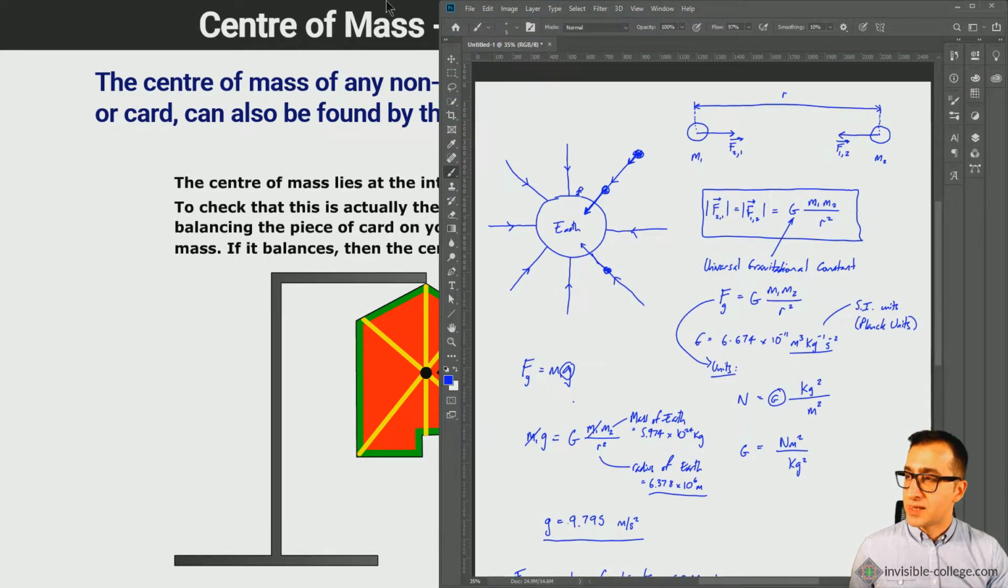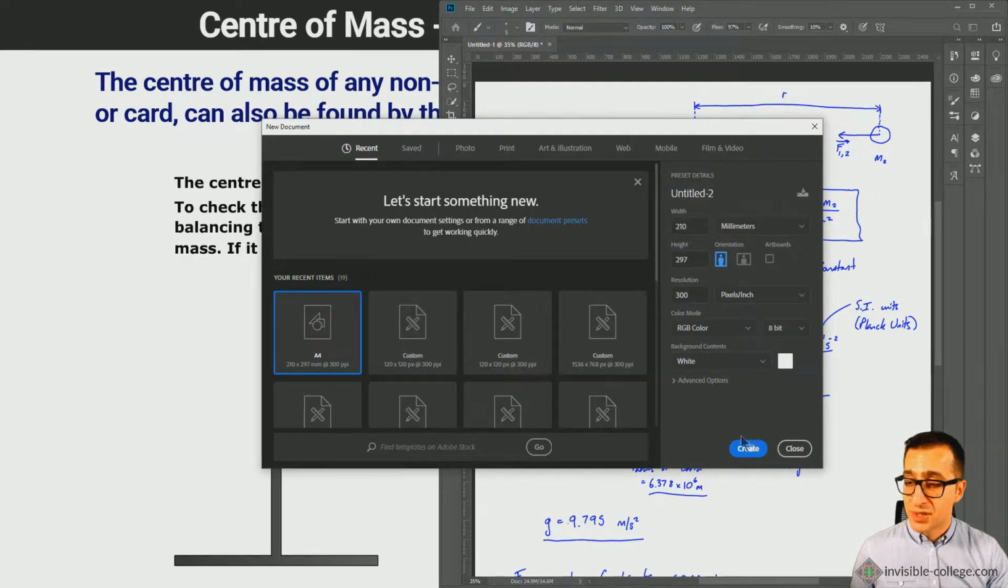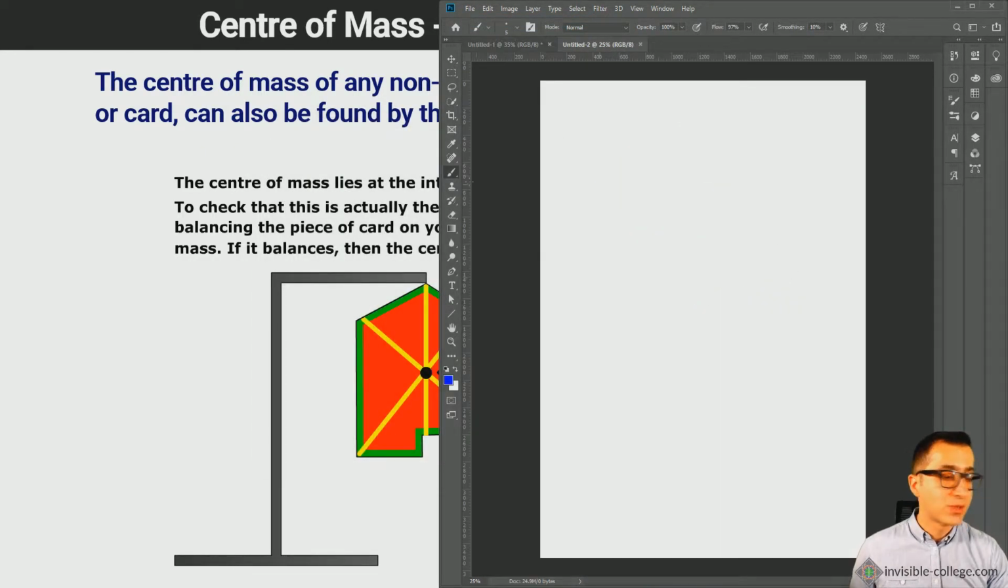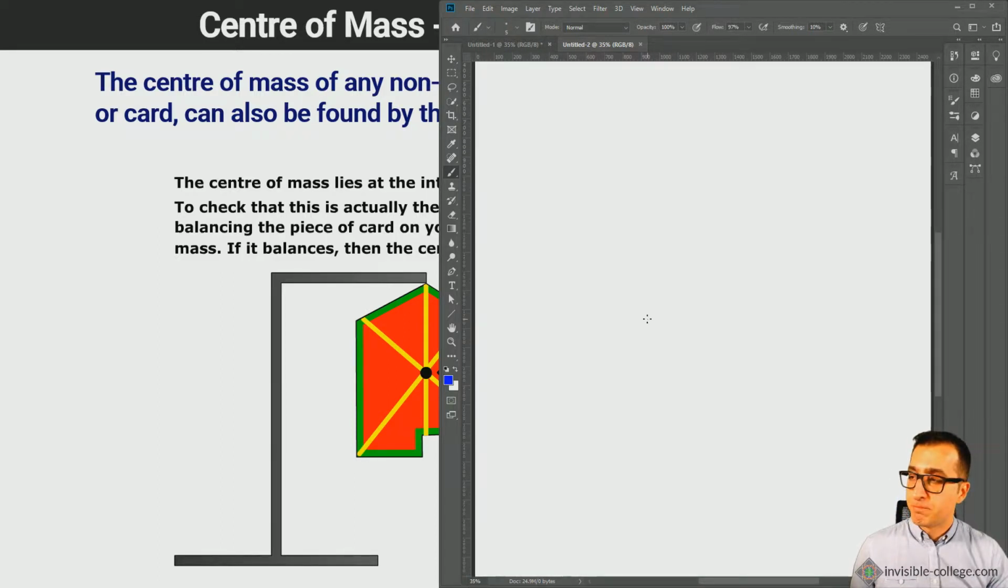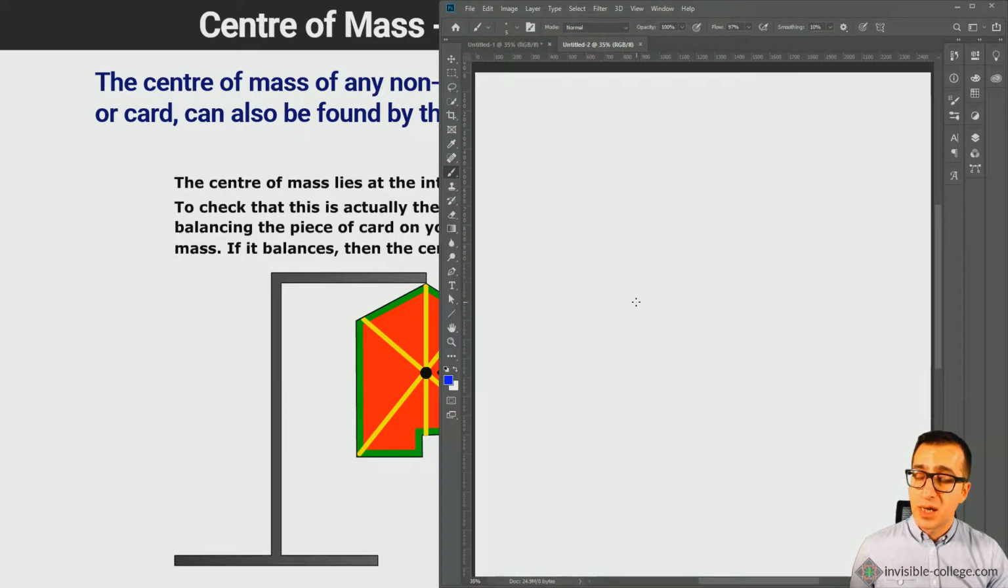So I'm going to need a bit more space. Let me just open up a new document here. And this is also to answer the questions that many of you who are in attendance with me right now have been asking prior to this lesson. So if we're considering a system of objects and we want to understand its center of mass, how do we